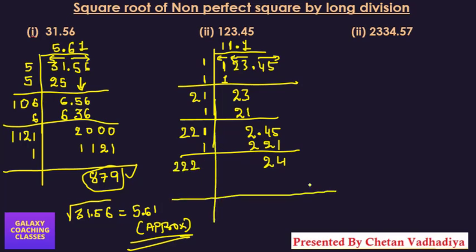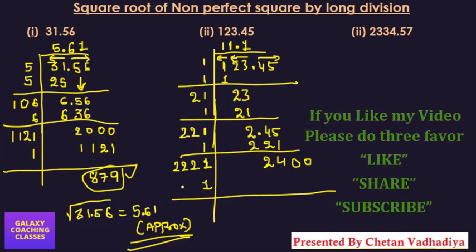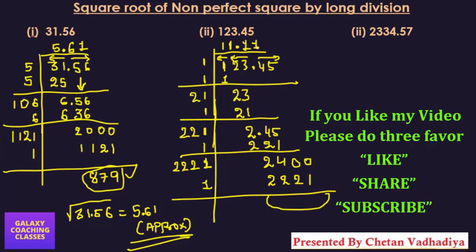Okay, now again you need to divide. After the decimal we need 2 places, so now we need to put two zeros again. Every time we need to take two zeros only. So now again 1 will come, because if you multiply with 2 and 2 here, then 4000 something will come. So that is obviously greater. So 1 2 2 2 1 into 1 means 2221 into 1 will give you 2221. So you will get some remainder, but we don't need it.